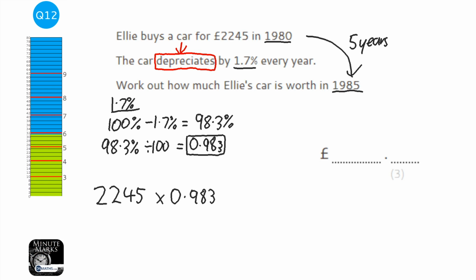And instead of writing times 0.983 times 0.983 five times, I can just do it to the power of 5. You get the same answer. So in the exam, you can just write times 0.983 five times, and that's absolutely fine. So 2245 on the calculator times 0.983 to the power of 5, and I get the answer of